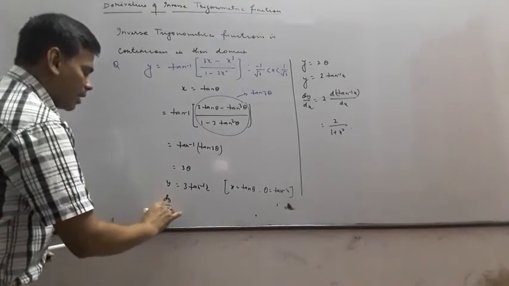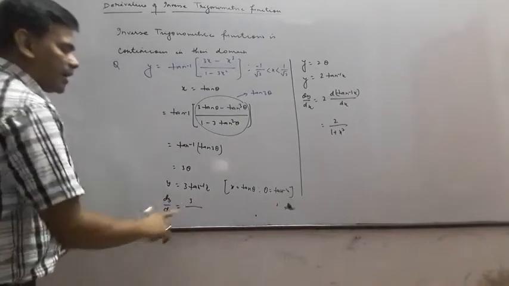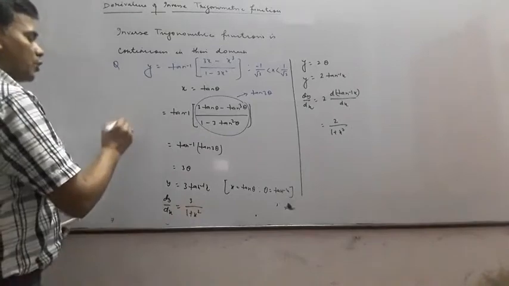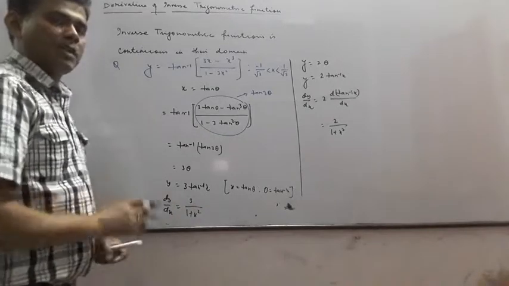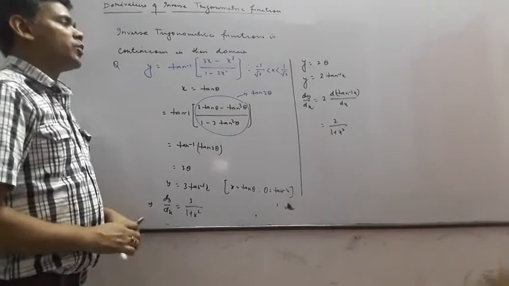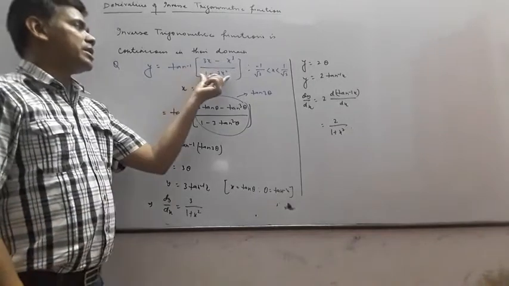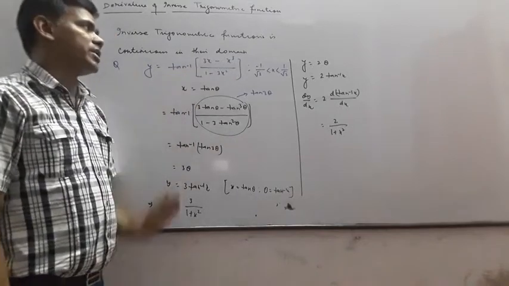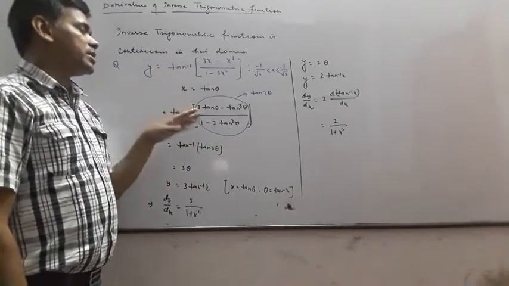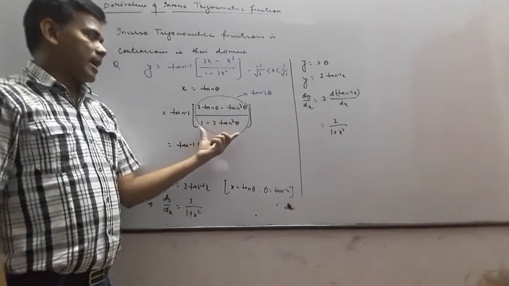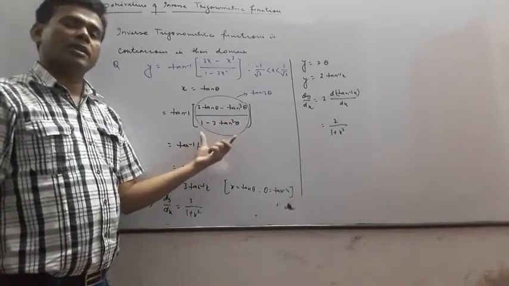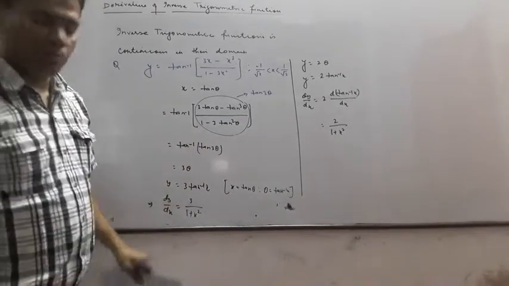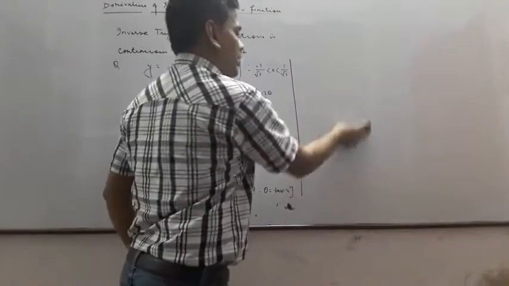After getting this conversion, you have to differentiate. So dy by dx equals 3 by 1 plus x square, since the differentiation of tan inverse x is 1 by 1 plus x square. You saw it was very simple, but one thing is very important: you have to think what trigonometric ratio to substitute for x to convert this into the suitable formula. Because after getting this, the answer becomes very simple. Let us solve some more questions on inverse trigonometric ratios.